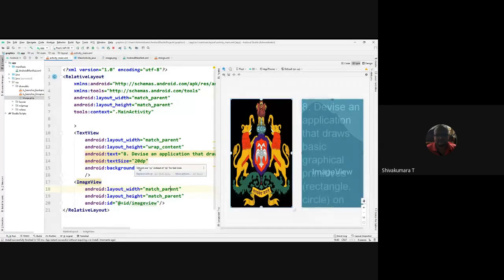Understood how to set the image background? Is there any doubts?